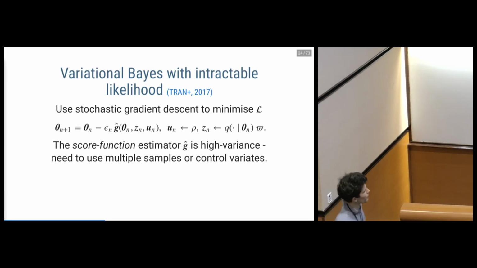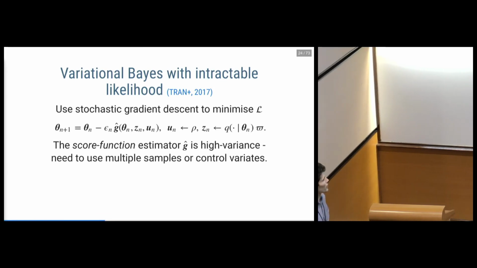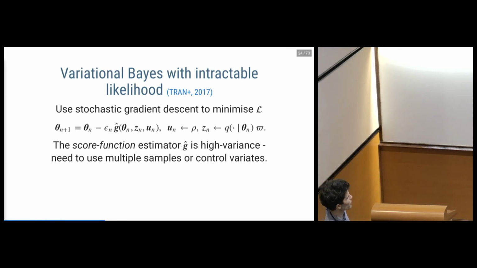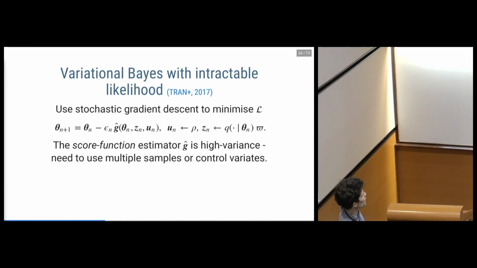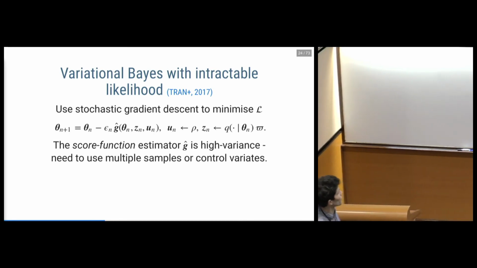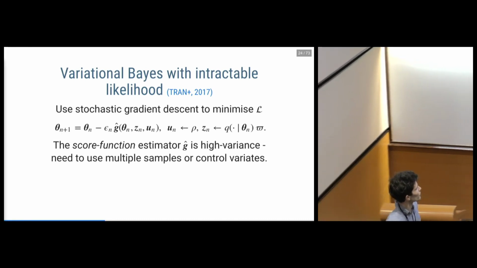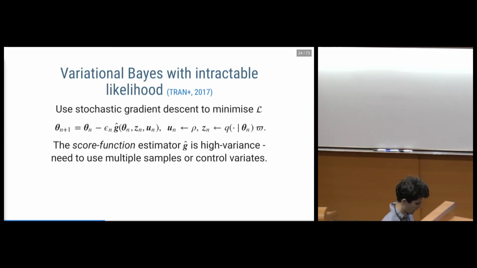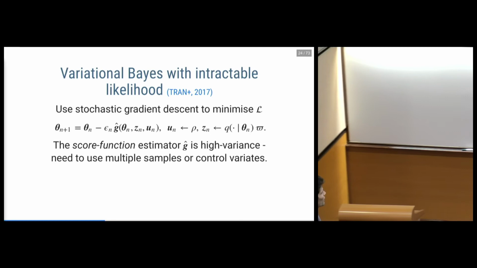So one of the key problems with this method, as with all gradient-based methods using this kind of score function type formulation, is these gradient estimates tend to be very high variance. And so we're either required to use quite a large number of independent samples of this gradient estimator, or a small step size equivalently to get much signal from this gradient. Alternatively, we can try variance reduction methods like control variates to come up with some lower variance estimator. But this adds quite a lot of problem-specific tuning that we need to do.